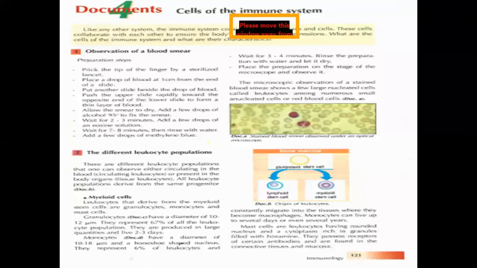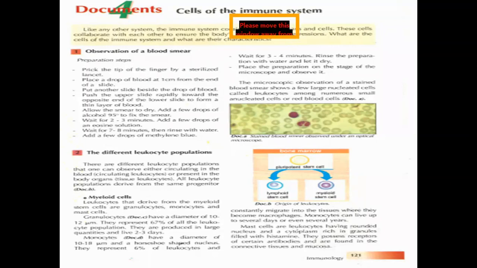So observation of a blood smear can be done under the microscope. You have to prepare the blood smear. You have to, for example, prick the tip of the finger with a sterilized lancet. Then place a drop of blood 1 centimeter from the end of a slide, which is a small glass. Then put another slide beside the drop of blood. Then push the upper slide rapidly toward the opposite end of the lower slide to form a thin layer of